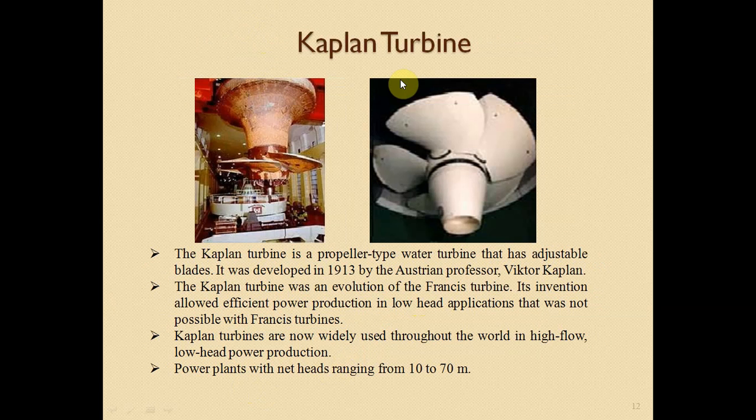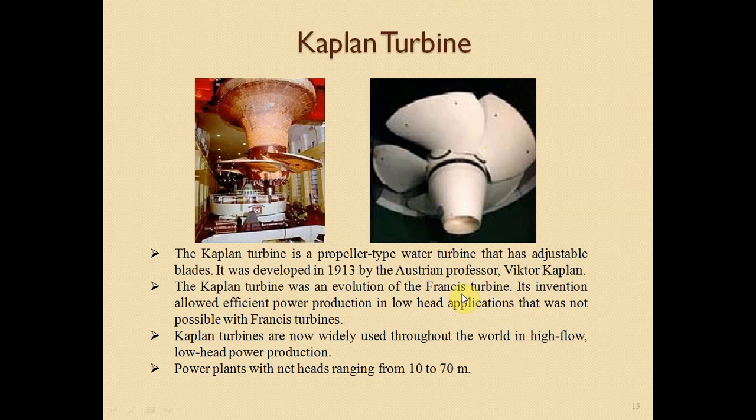So next one is the Kaplan turbine. A Kaplan turbine is a propeller type water turbine that has adjustable blades. So these blades can be adjusted. It was developed in 1913 by the Austrian professor Victor Kaplan. The Kaplan turbine was